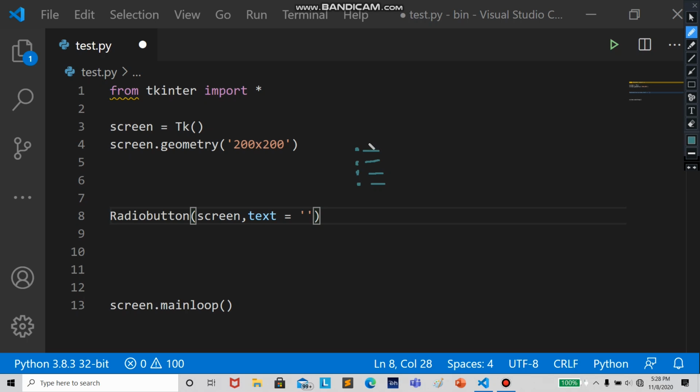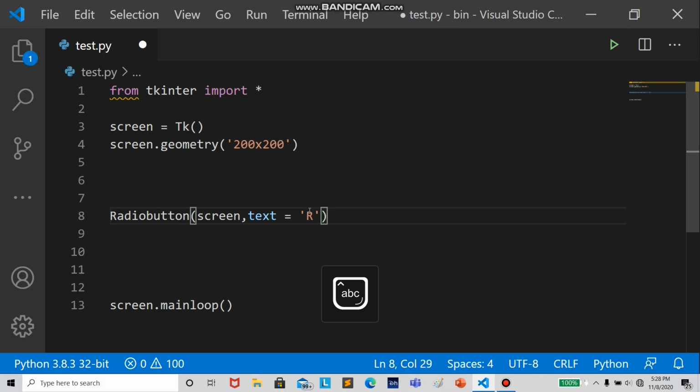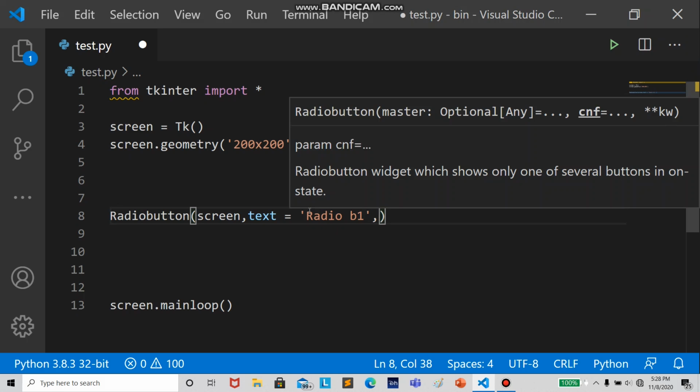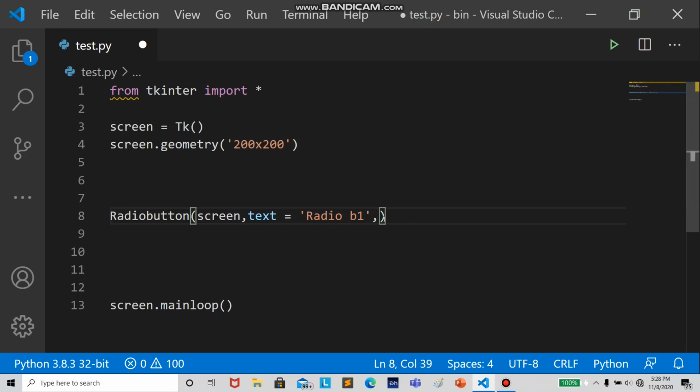Of course a text is required. You will require a text to show the value or the meaning of your choice. So text, let us say radio button 1, radio b1, right? We'll create 2 or 3 buttons. So radio button 1, and what do we have? We have